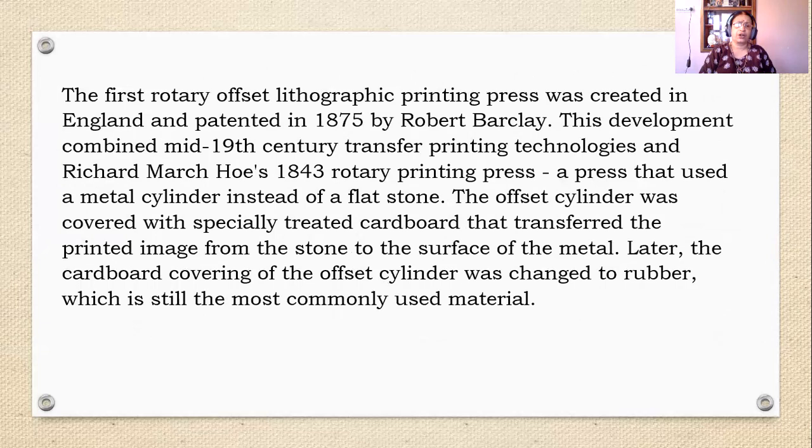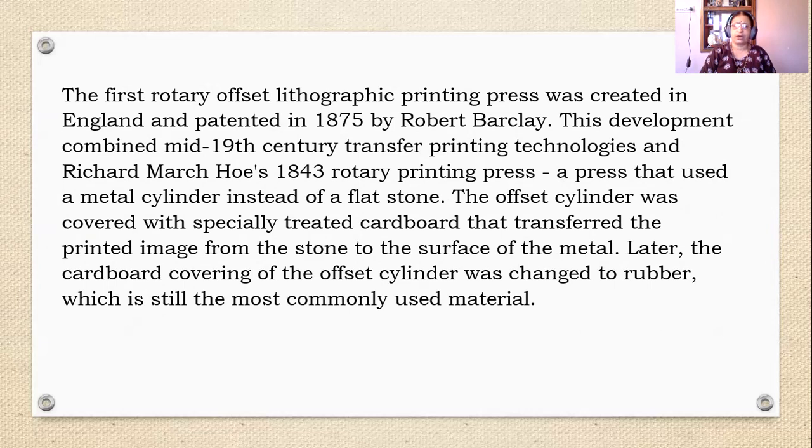The first rotary offset lithographic printing press was created in England and patented in 1875 by Robert Barclay. This development combined mid-19th century transfer printing technologies and Richard March Hoe's 1843 rotary printing press, a press that used a metal cylinder instead of a flat stone.